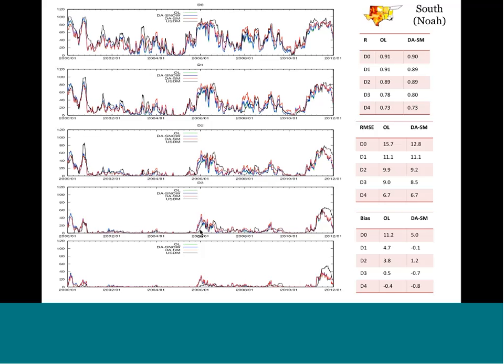So each one of these time series plots you're looking at from 2000 to 2012 shows you a time series of the area over the U.S. that was classified at that drought category. And so you can see there's certain times where large fractions of the U.S. are classified in drought, and you can see how it varies with time. And you can see as you look down D1, D2, D3, the more severe drought obviously has less area associated with it. And the different colored lines indicate the impact of assimilation.